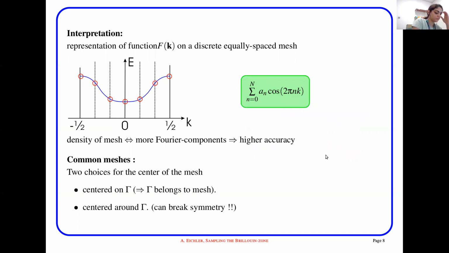Here is an example of what the key point mesh means. On this axis you have the key points, and here you have the energy. Depending on which key points you are considering, you will have different energies. If you have a lot of these red data points, then you will have a continuous function, so you get a better estimation of the energy and electronic density of your system.